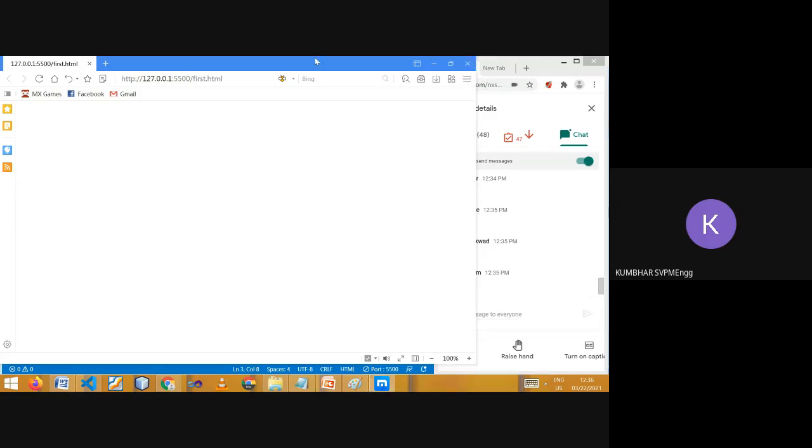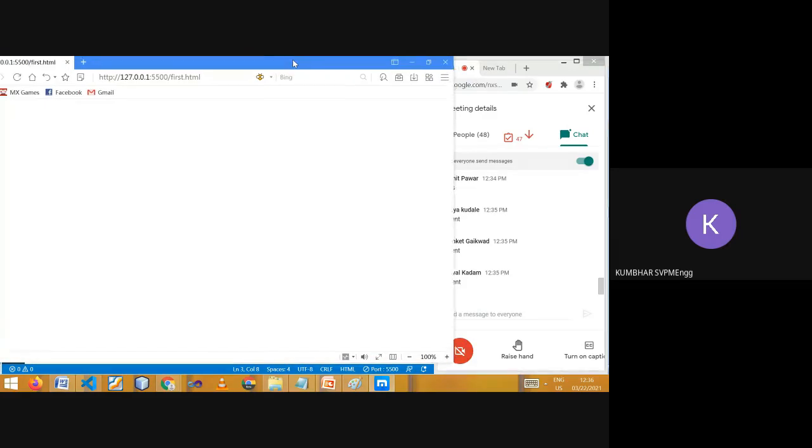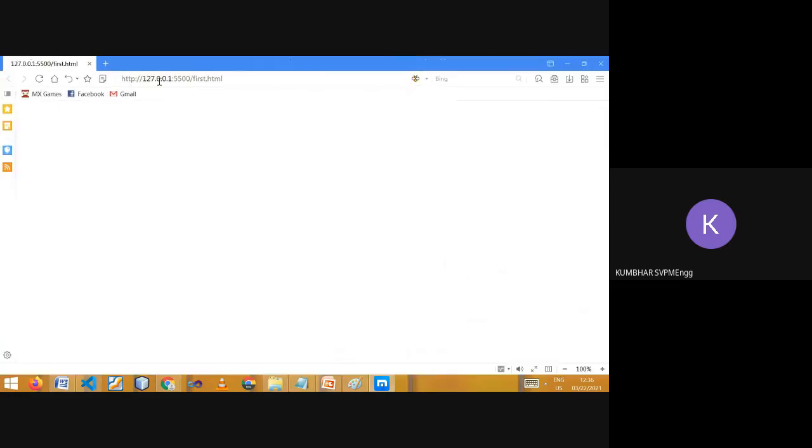Okay, client. Correct. So if you observe here, this is the URL, and in this, first is the protocol HTTP, then next is the IP address of the server. You might have learned in CN that a machine's own IP address by default you can refer to as 127.0.0.1, or in words, you can use localhost.